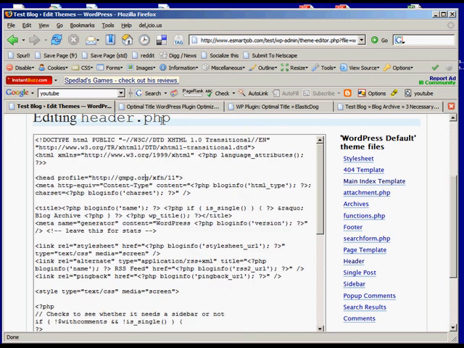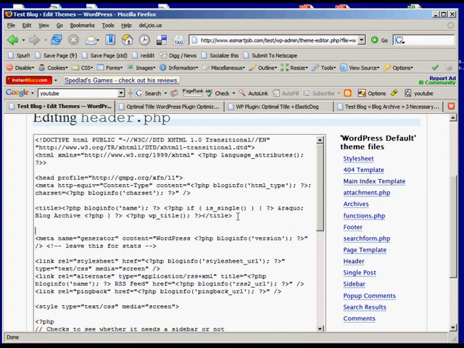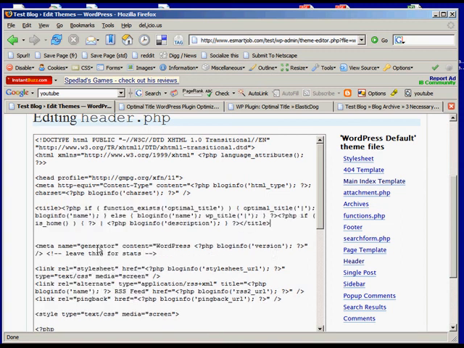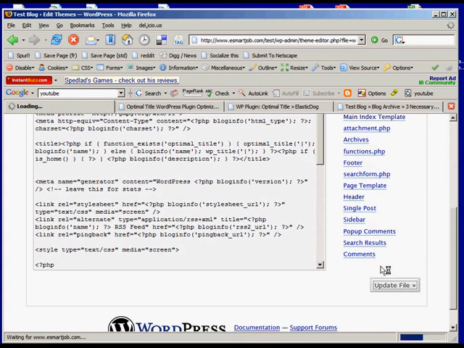Make sure you're in the header.php file, and you're looking for the code between the title tags. And here is the title tags. Here, let's move this down, and here. So we copied that code. We're going to paste this into our header template and replace those title tags, or the code between the title tags, with the new code, and paste. And you'll see that we have a few extra things in there. And we're going to scroll down, click Update File,